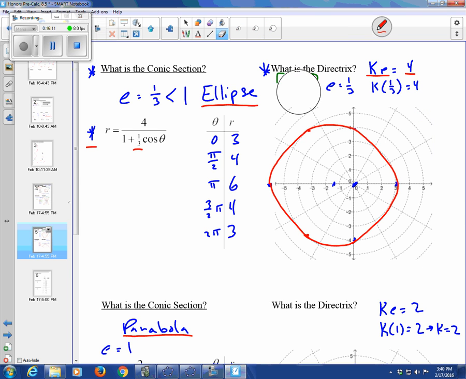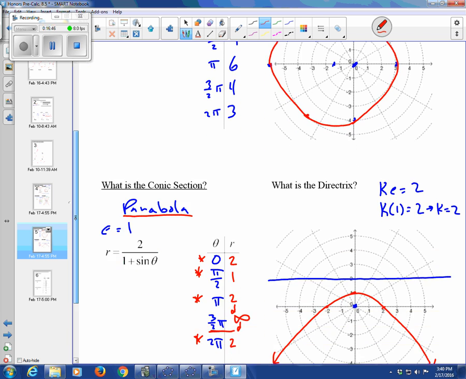So as a matter of fact, right here, if we divide 4 by 1/3, we actually get a k value of 12, and that tells us that for our conic section opening on the negative x-axis, we have the directrix as x equals positive 12. So right here, that would be this